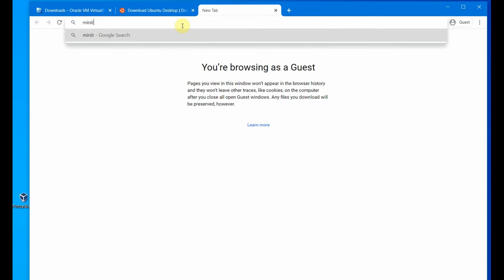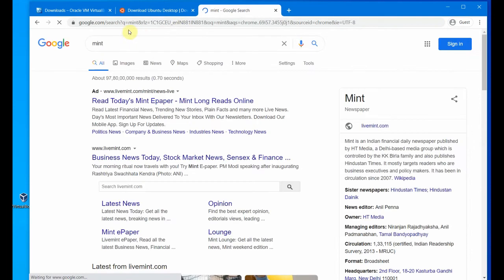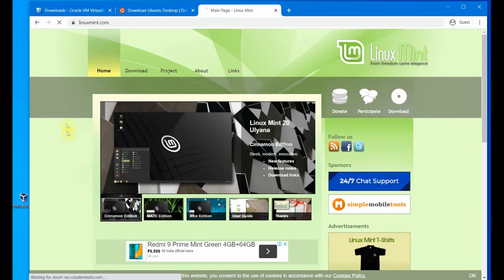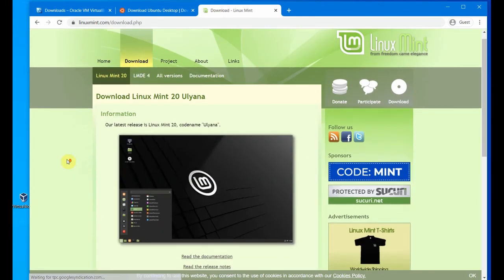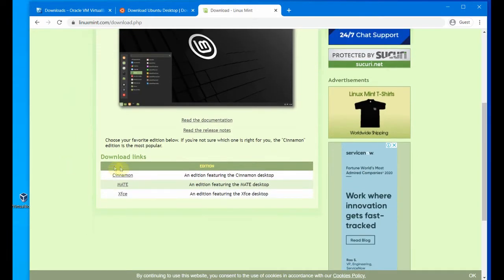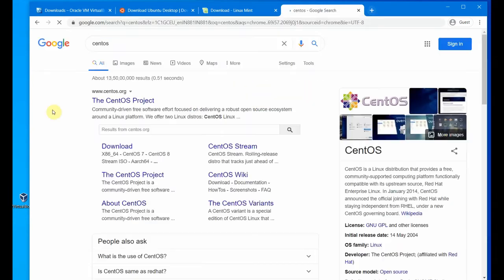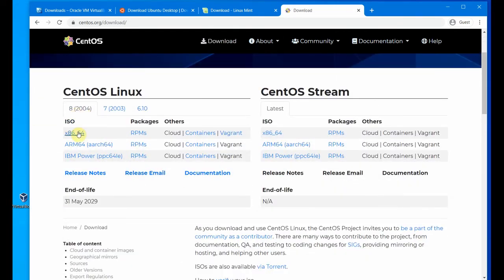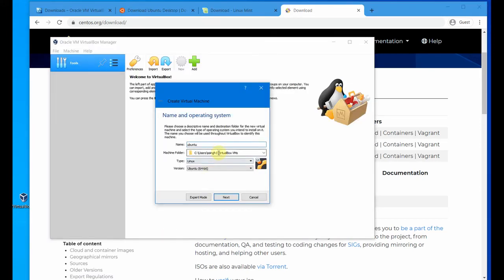So what we can do is take Linux Mint. Ubuntu is quite big, so we can download Linux Mint, which is a smaller version of Ubuntu. You can go to the download page and get the latest version of Linux Mint, which is a smaller size Ubuntu operating system. Also, if you want to install CentOS, you can download that too. Go to the CentOS site, go to downloads, and take these ISOs from there. You can go to these links and get the ISO,